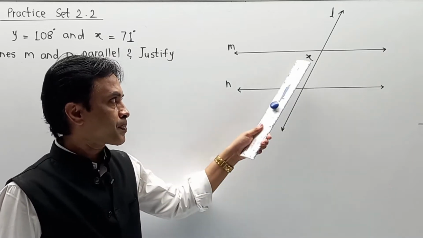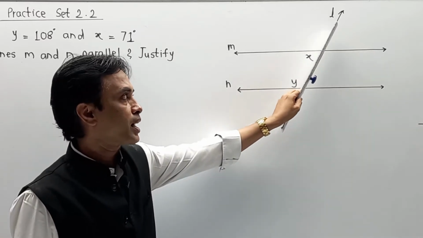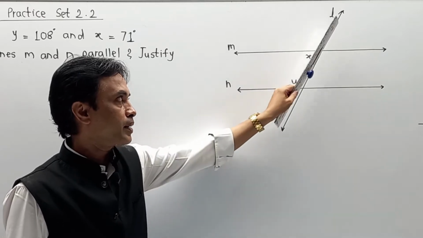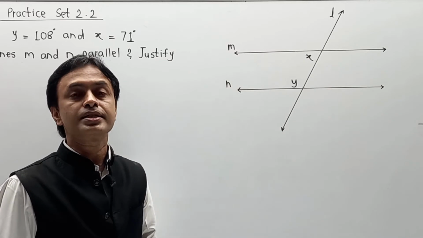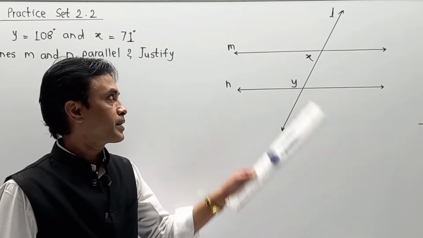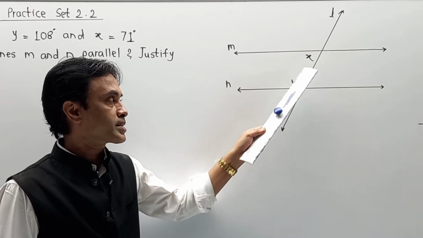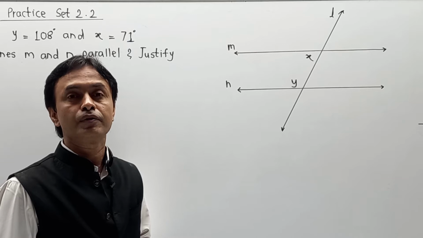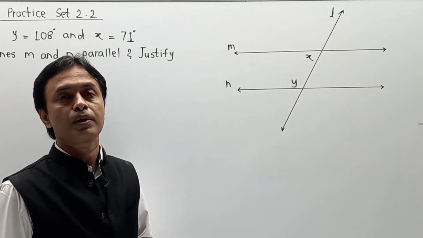So one by one, as per the diagram we can observe that angle X and angle Y lie on one side of a transversal. I repeat, angle X and angle Y lie on one side of a transversal. Naturally, if their addition is 180 degree, then the property of interior angle will get satisfied and we can say that line M and N are parallel. But if the addition of X and Y is not equal to 180, then they do not satisfy the property of interior angle for a parallel line, and we can say that line M and N are not parallel lines.